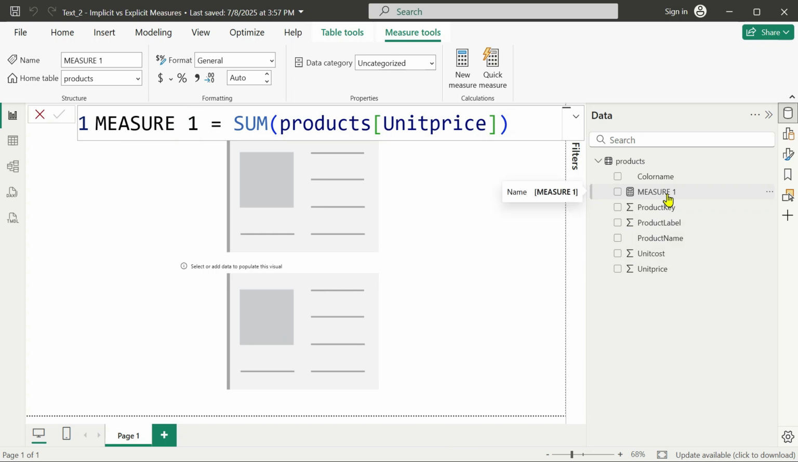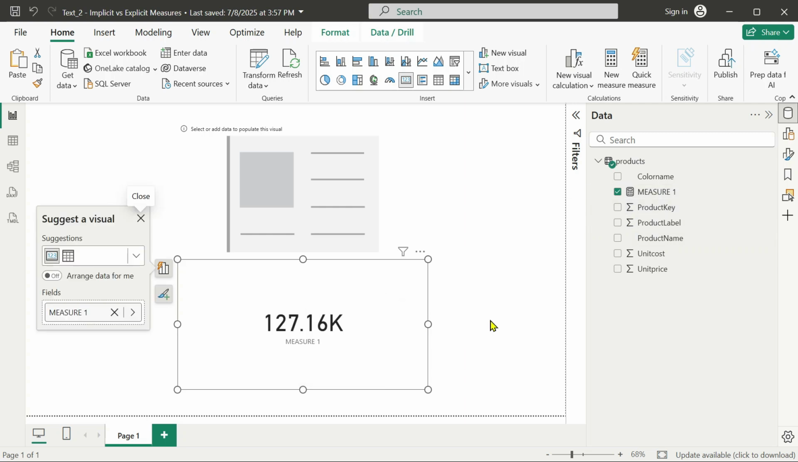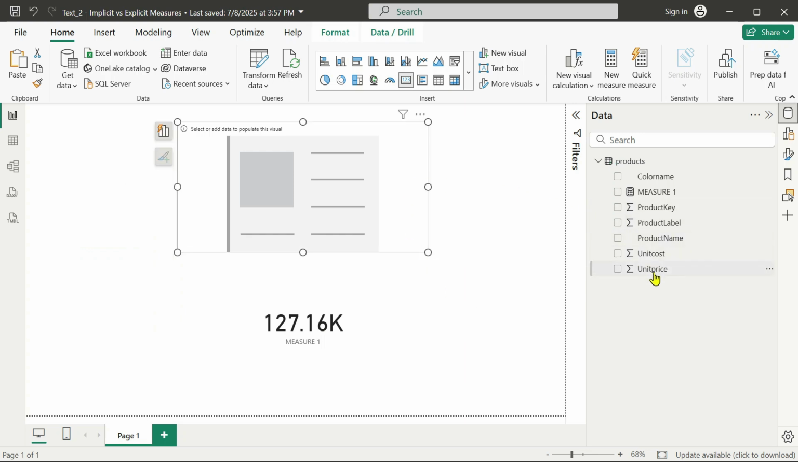Basically, it's a measure that you can see on your list. And to visualize this measure, I have to drag it into a visual. In this case, it's a card visual. And then you can see the total of the unit price column. But what if I don't actually create a measure? What if I try to drag the unit price column directly into the visual,